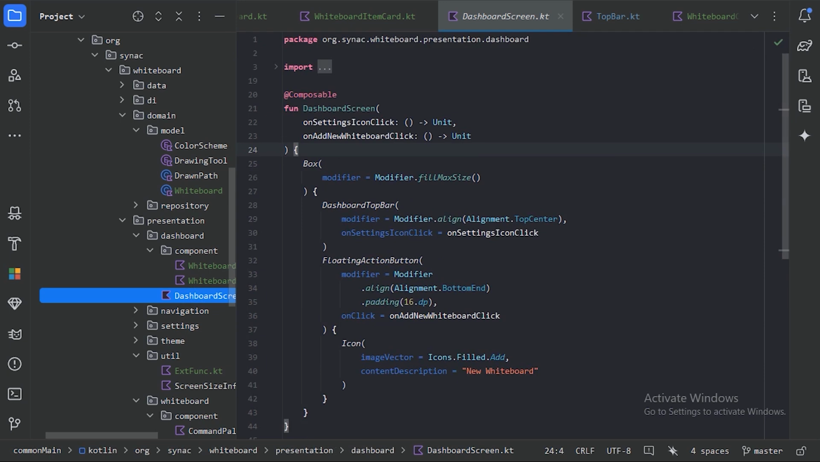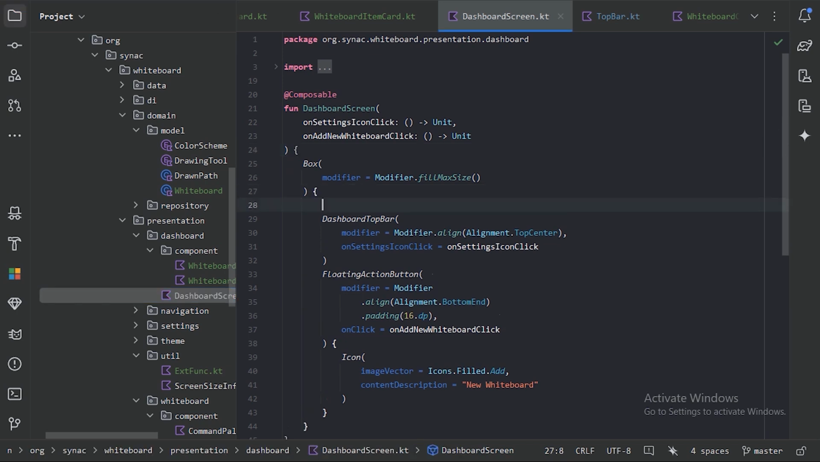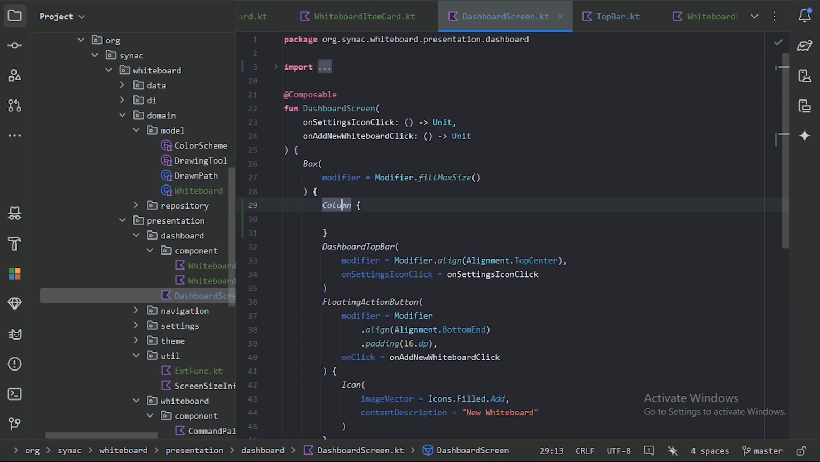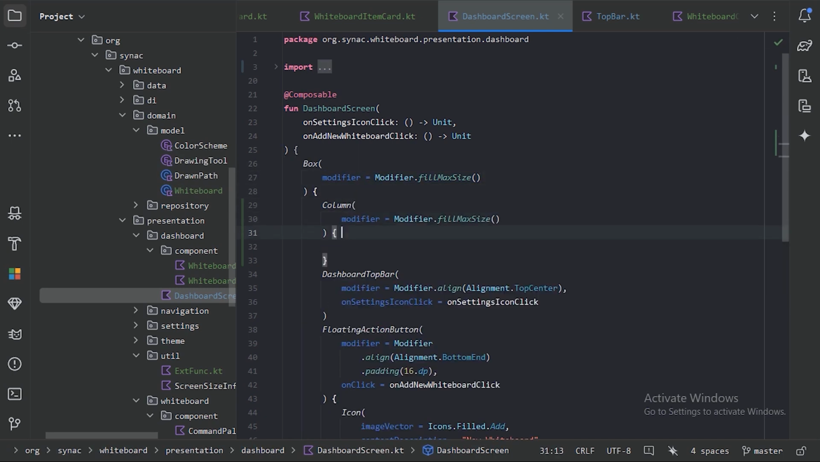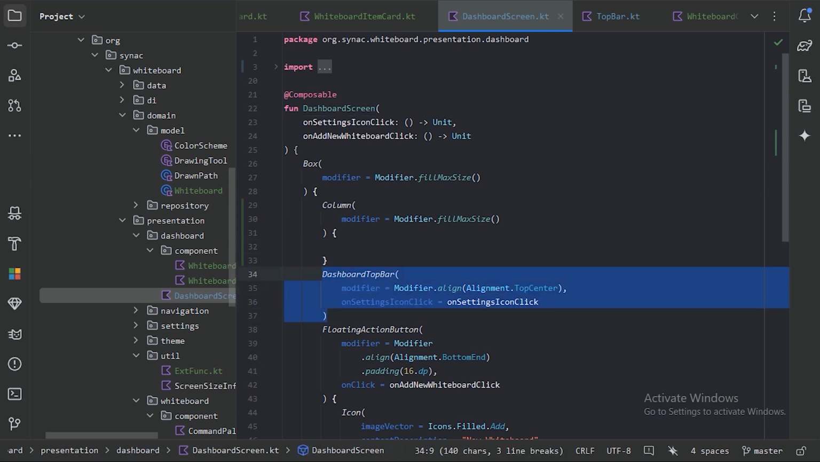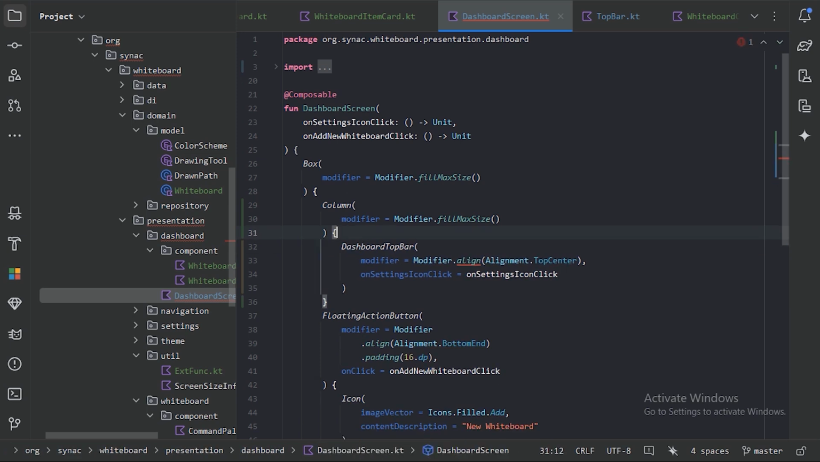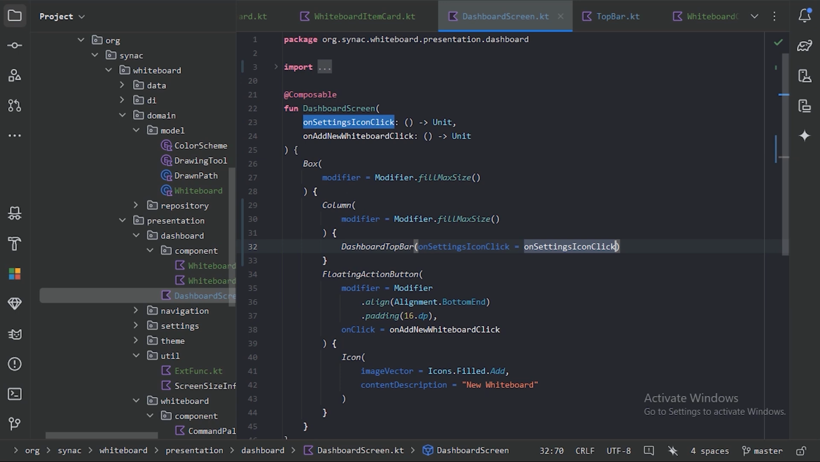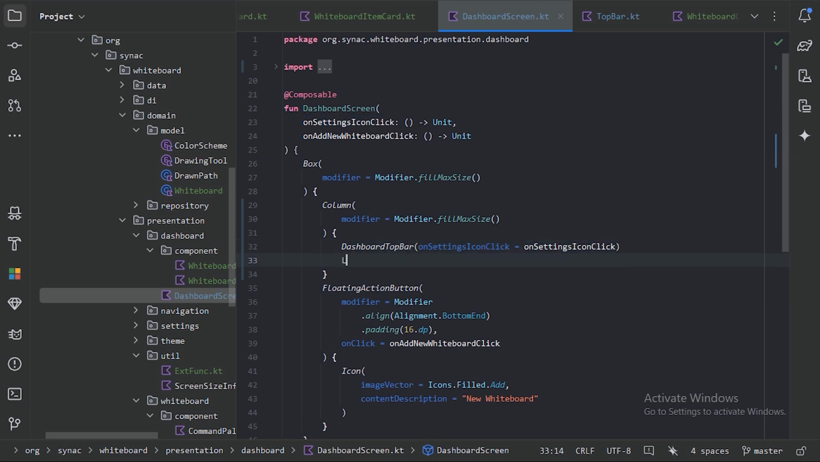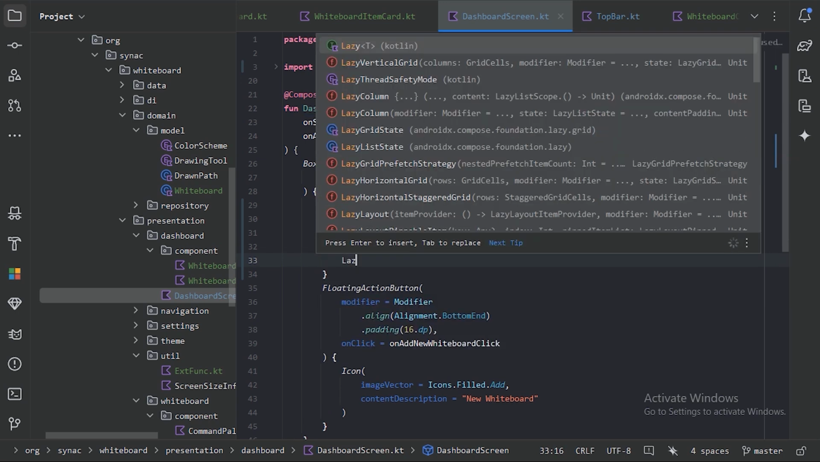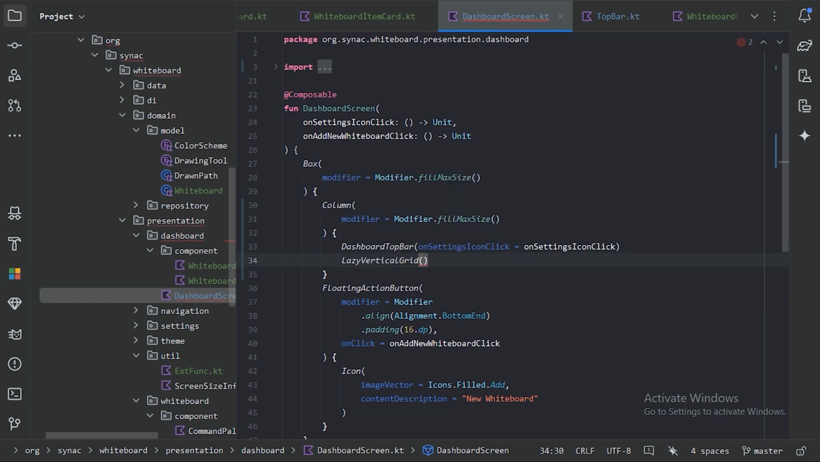And right now we have this box layout as the parent layout, and next this top bar and this floating action button. And here let's use a column layout, and this column needs to be fill max size. So copy this modifier and use it here. And in this column, first we will keep this top bar, and we can remove this align modifier because that top bar will be placed on the top. And after this we will use this lazy vertical grid,